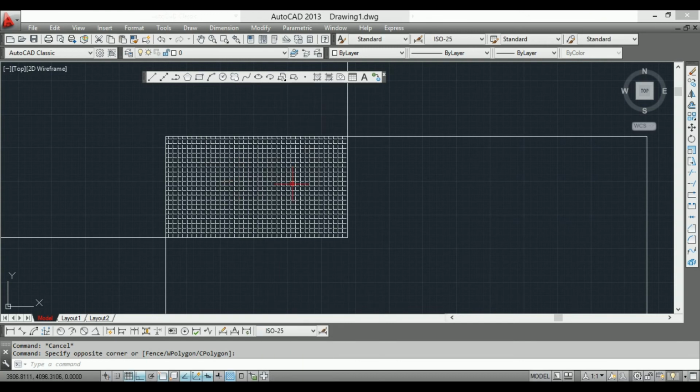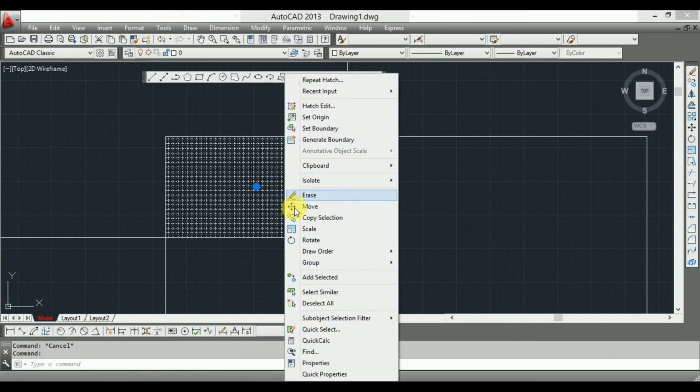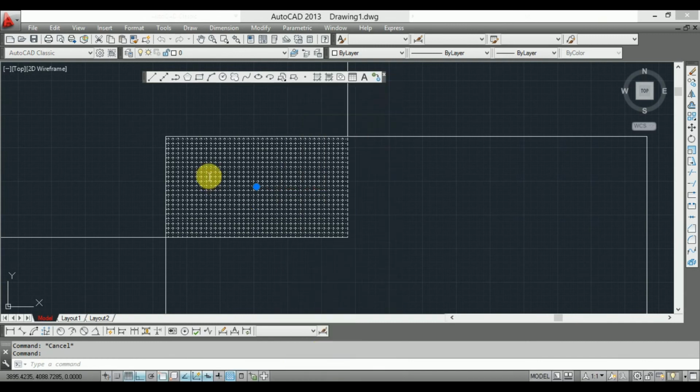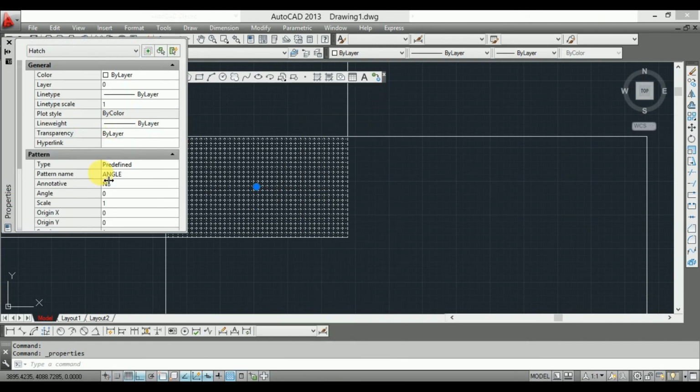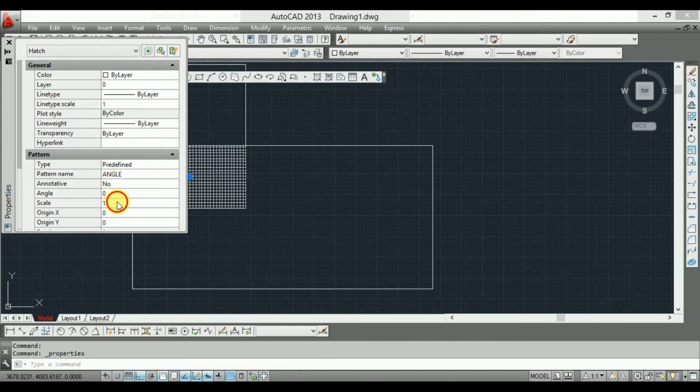You can edit the hatch also. Select the hatch, click the right mouse button, go to properties, and then pattern scale. If you want to scale, you can increase it to 5. If you want a bigger or smaller hatch, you can scale it.